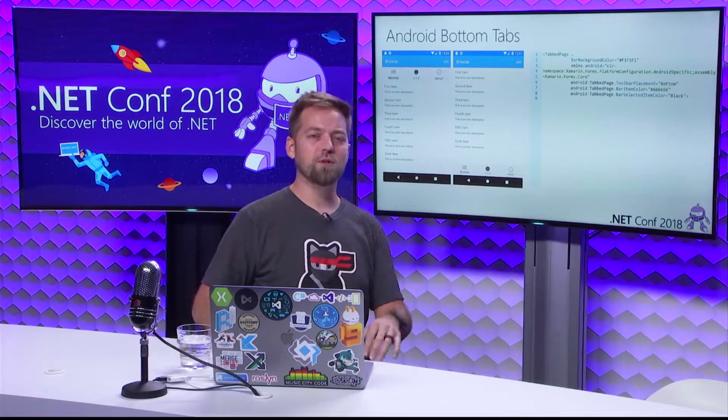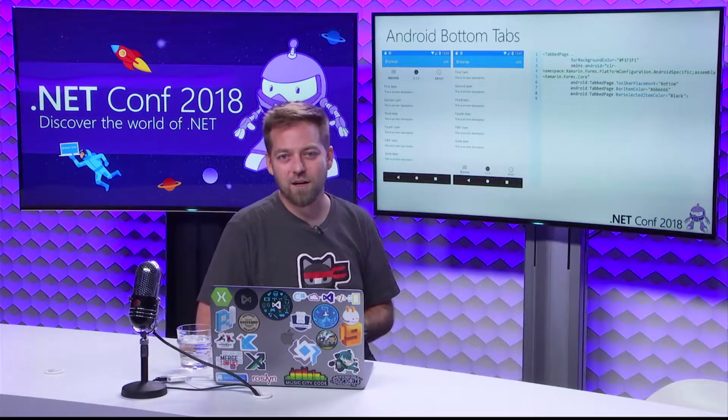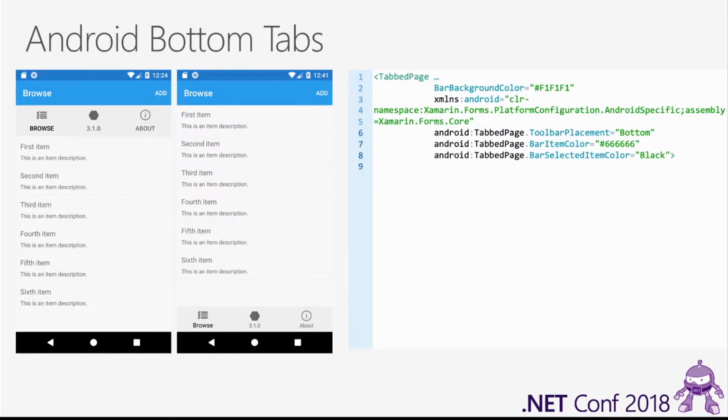All right. Android bottom tab. So what we'll do, I'll look at some of the highlights of those little things and show you how they work, and you can get started with them today. So bottom tabs is something that people were asking for a very long time, and we really wanted to deliver it, and so excited that we were able to. I think this shipped in 3.1 actually. And so some of these things in terms of which versions they are in, I'm going to tell you use 3.2. It's going to be stable very soon. Just go ahead and start using it. So don't worry about whether it's a 3.1 or a 3.2 release type thing,